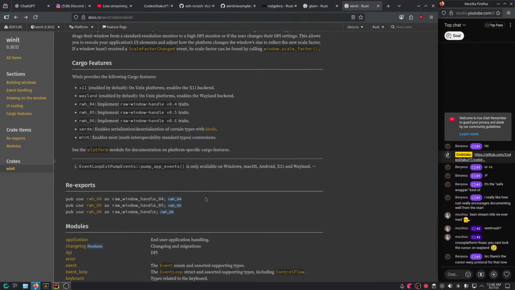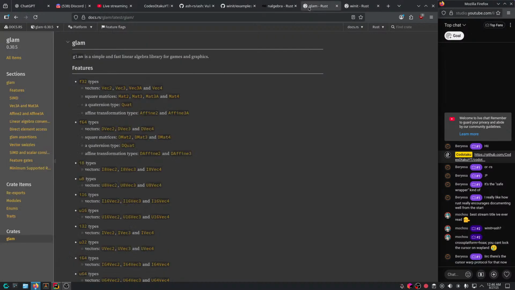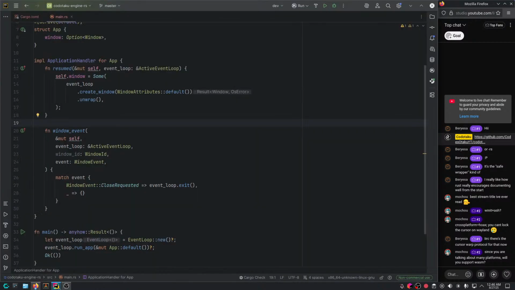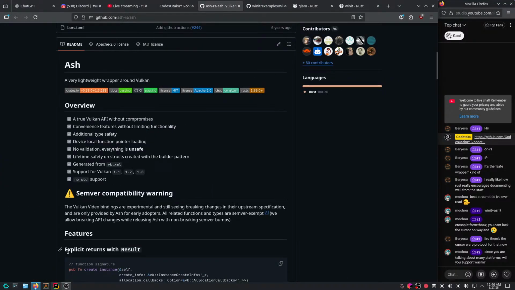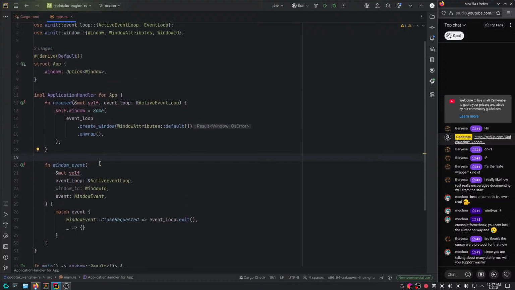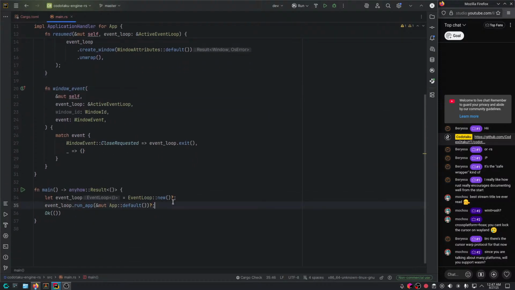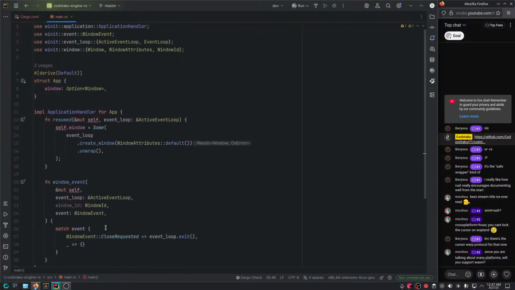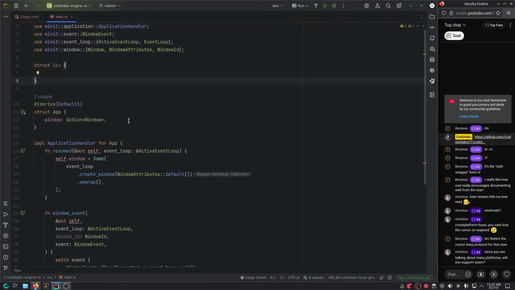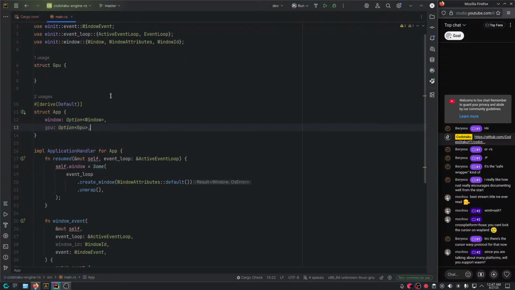Either way, so we're done, I think, with creating a window, right? Yes. Alright, so what's next? Let's remove some stuff here and let's go back here, I guess. And so how are we gonna do Ash stuff now? Let's see. So for the Ash stuff, well, actually we should basically put it in... Well, we're gonna create another struct called, I don't know, maybe GPU. Yeah, let's call it GPU, and we're gonna have it here, option GPU.